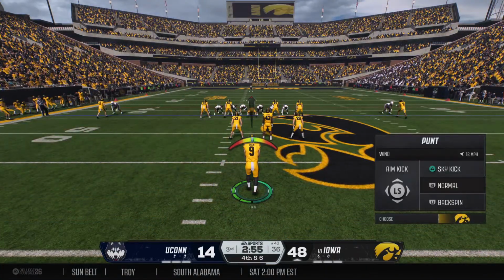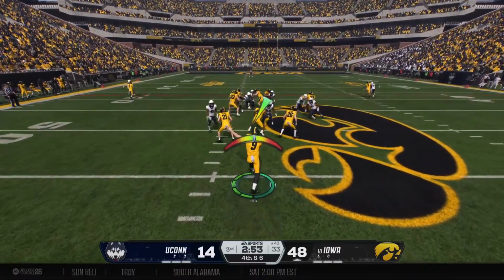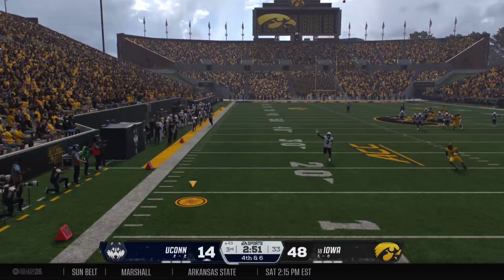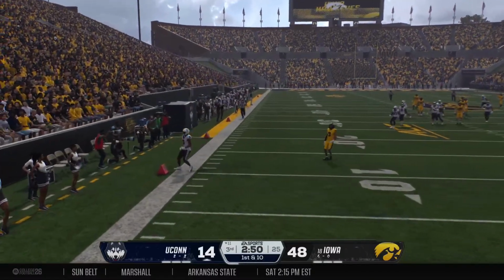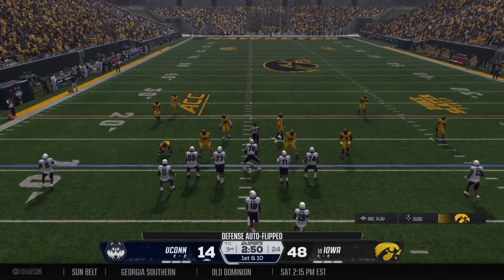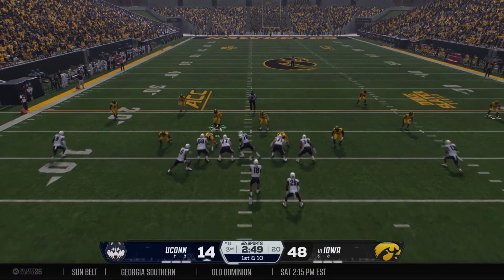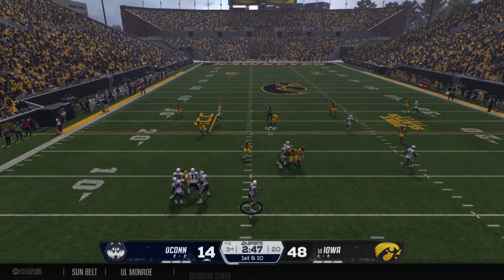And the Hawkeyes send out the punt unit. He ought to be able to use this first punt to pin him deep. Going to make sure he doesn't get a return on this one as the punt bounces out of bounds. The UConn offense goes back to work. They really didn't move the ball at all the last time they had it, and hoping for better fortune this